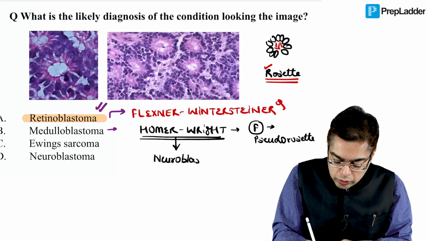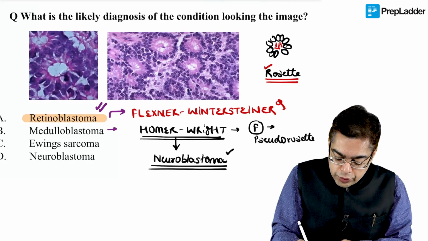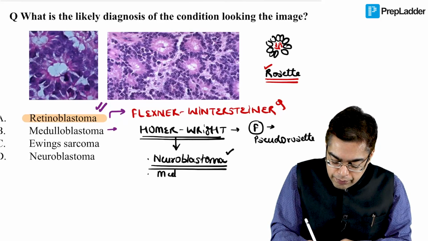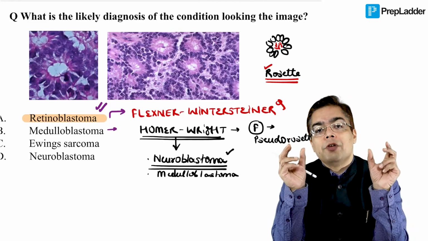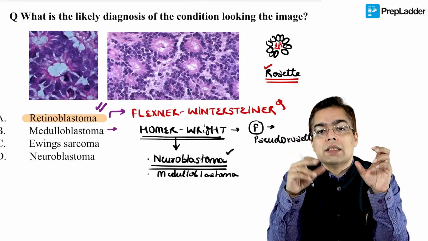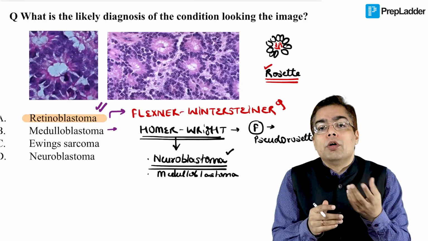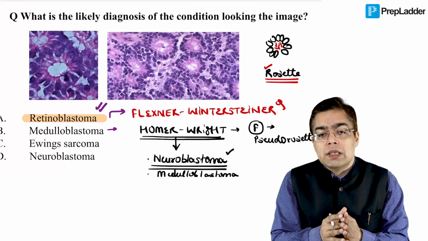The tumor that I am talking about over here happens to be something that is given the name of neuroblastoma. So neuroblastoma is an example of a tumor that is going to be associated with Homer Wright pseudorosettes. You can also have a patient suffering from medulloblastoma with the presence of Homer Wright pseudorosettes. So what we need to be familiar with over here is that for the two different types of rosettes, the answer of choice for a true rosette is retinoblastoma; for a Homer Wright rosette, the answer has to be neuroblastoma. If they are not given, then you have a very good tumor in the form of medulloblastoma, which is going to be the second best answer for each of them. I hope the concept is clear to you.